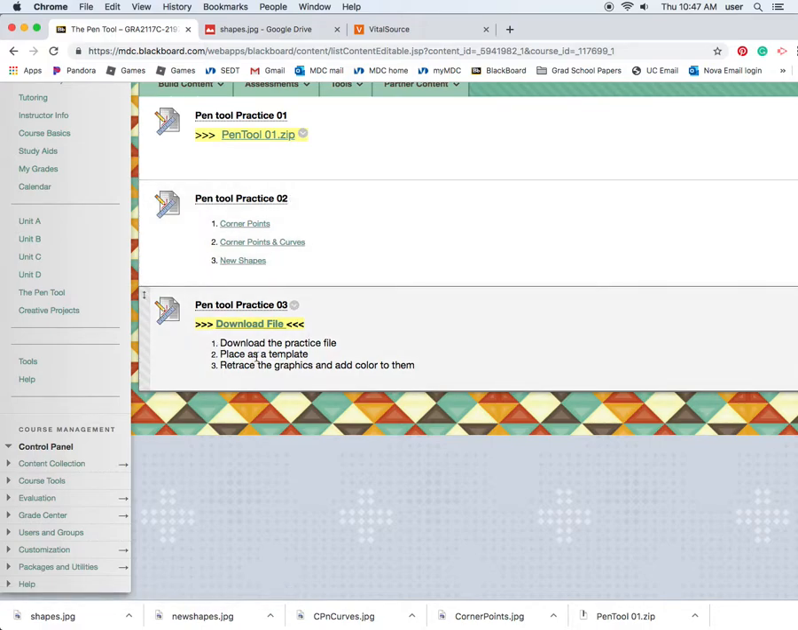All PDFs. Do not turn in the Illustrator file. If you turn in the Illustrator file, I'm going to basically delete it and give you 0. So, how do you save it? How do you turn it in? When you save out,